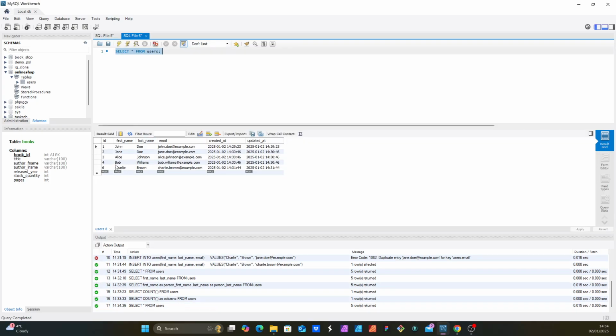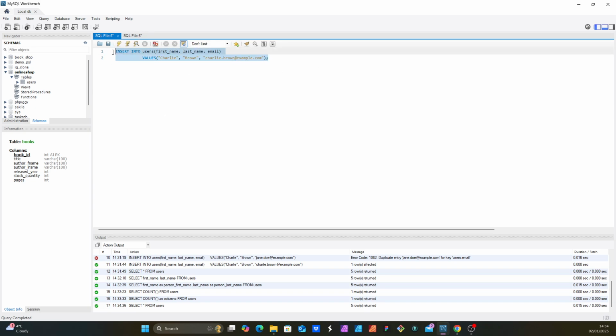If you want to update, let's say Bob, last name, right? So what you want to do is update. Then you need a table, users, set last name, which is the column name, equals, you give a new value here, let's say builder, and then you need to use a clause, where, and you need to put the identifier. So you would always typically use ID, because I'm going to show you the problem when you use, let's say, first name